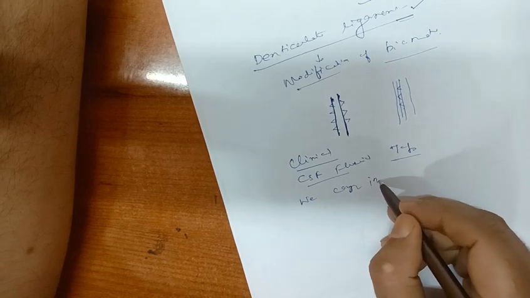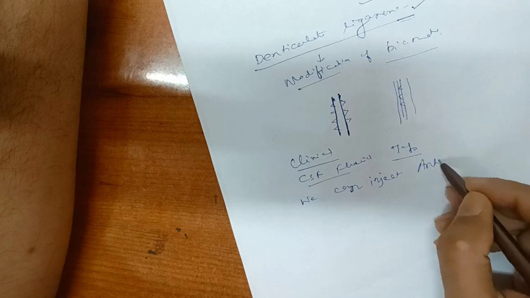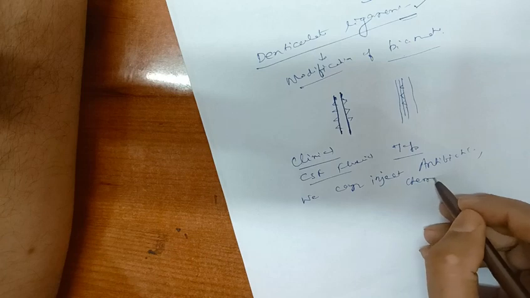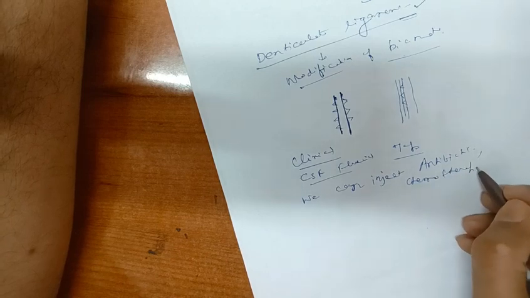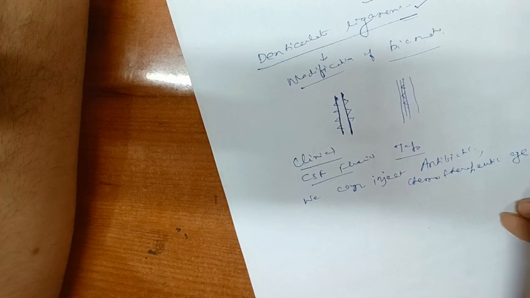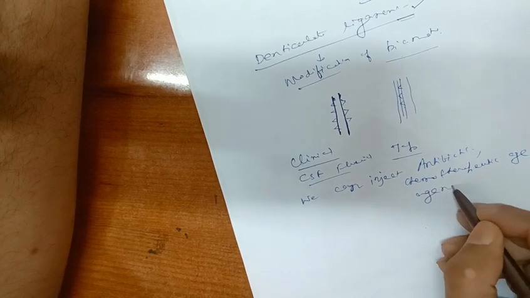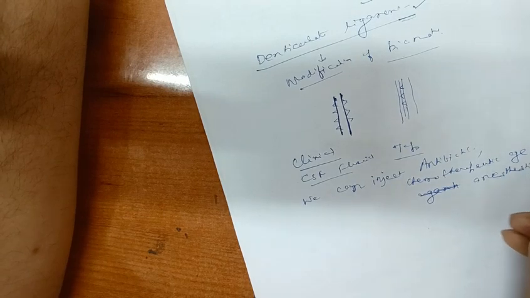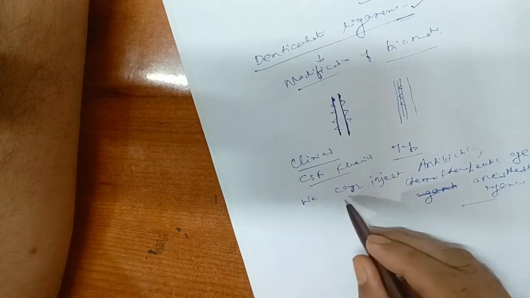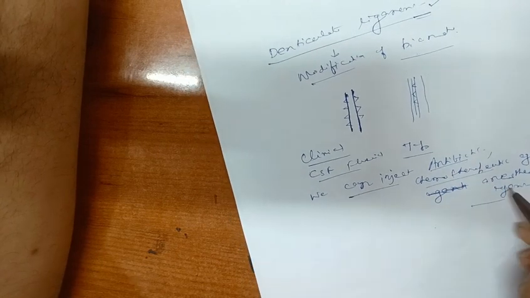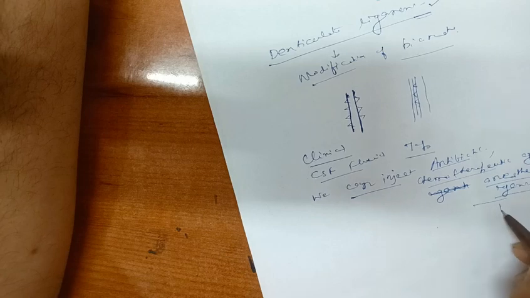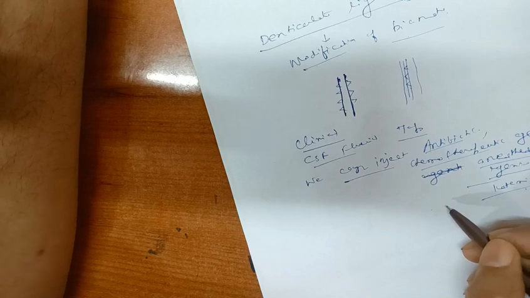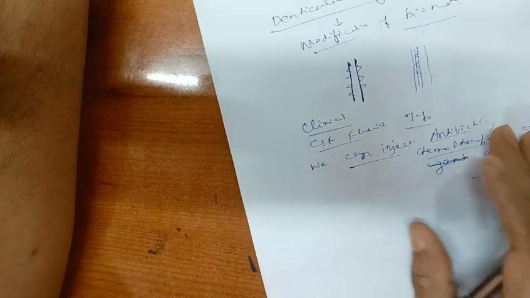We can inject the antibiotic, the chemotherapeutic agent, and anesthetic agents, just like ketamine, through a needle in the subarachnoid space. And the lumbar region, it is the